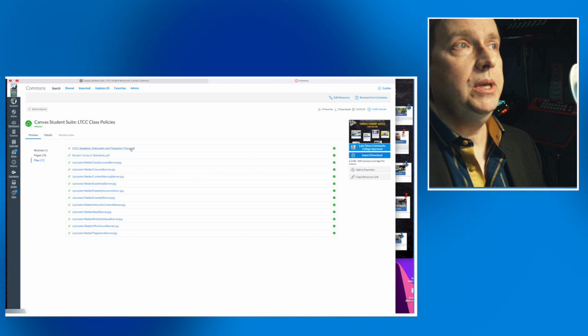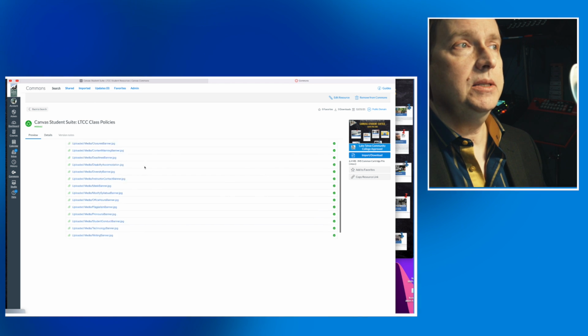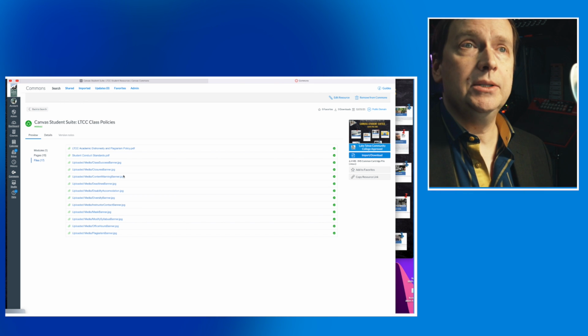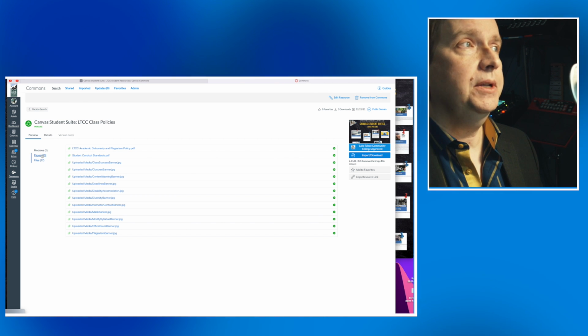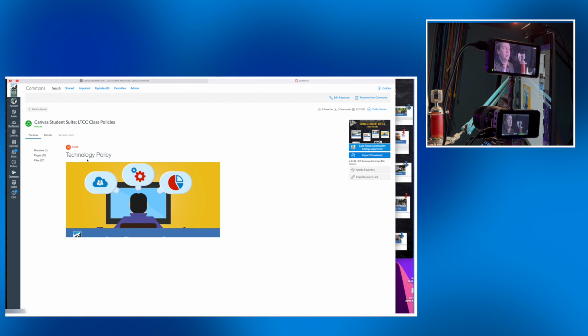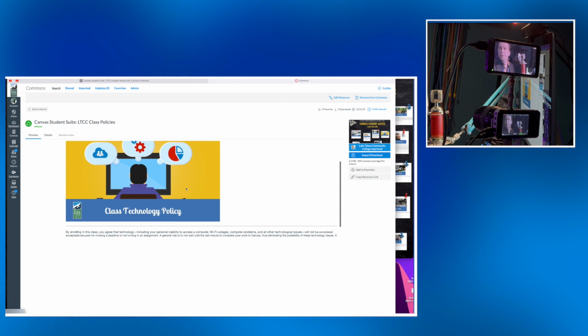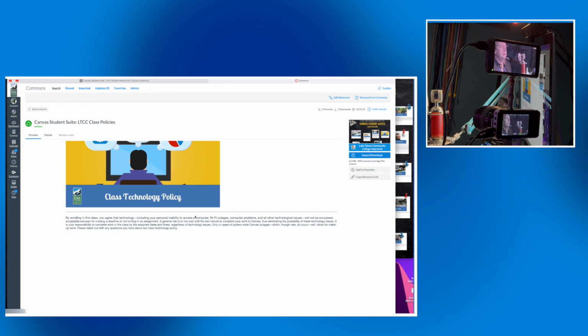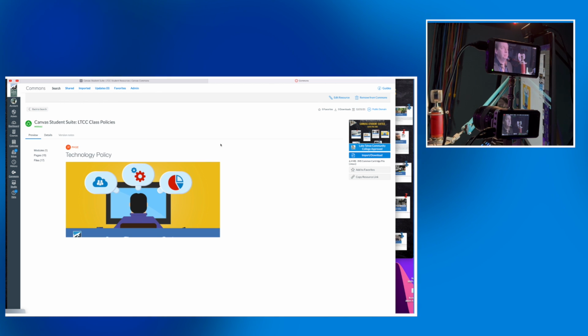These are typically going to be, again, these first two are the PDFs of the policies, and the others will be the banners. And that way, when you copy this into your class, you're going to get all those nice banners. I really wanted to have something uniform and nice, so I created some customized banners for you here at the top. It gives it a little more pop and professionalism. I also included a line here, and that will go with the consistency of replicating the line that you see at the bottom of all your pages inside of Canvas if you take a look. So this is what the resource looks like.